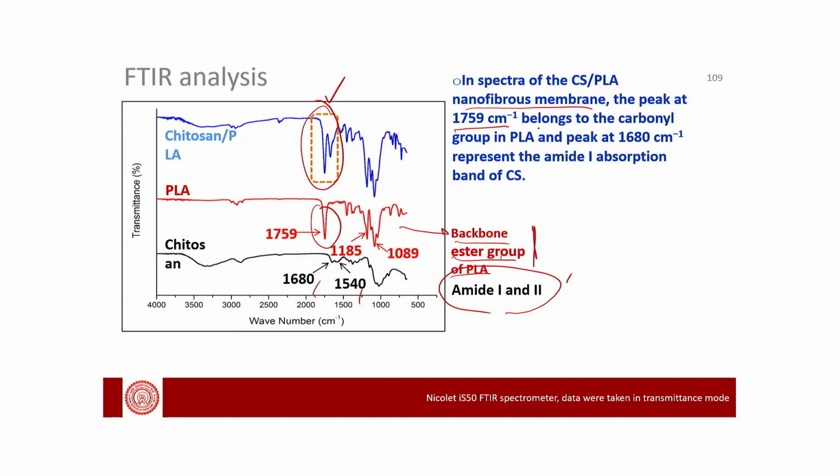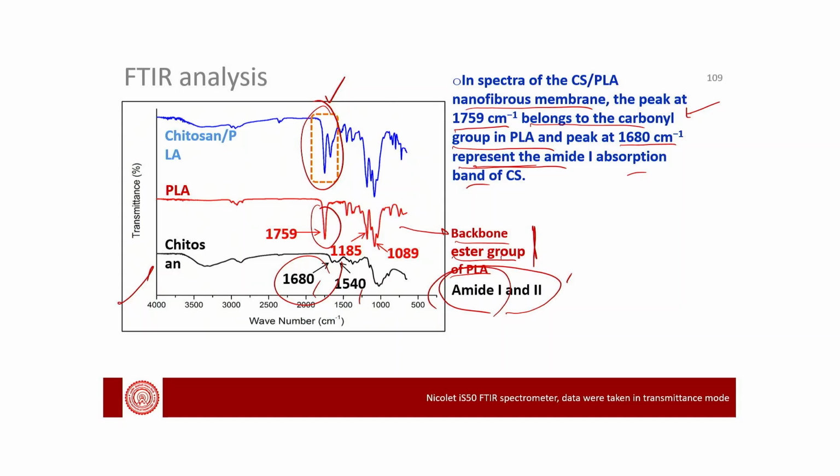That belongs to the carbonyl group in PLA. So, that shows the presence of PLA there, and the peak at 1680 represents the amide 1 group, which is in chitosan. Okay. This shows the presence of both the peaks here,